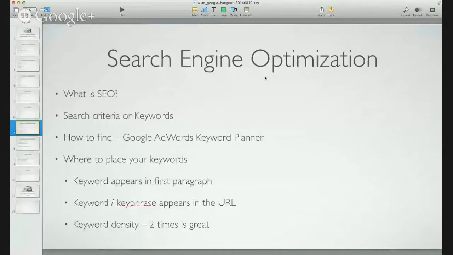Okay. Search criteria or keywords. Now, keywords is exactly what I said there. It's search criteria. So say, for example, you are looking for a blue bicycle. So what are you going to type in your Google search bar when you're looking for a blue bicycle? You're going to type in blue bicycle.